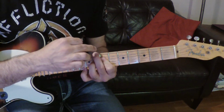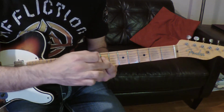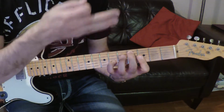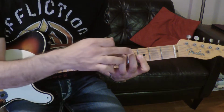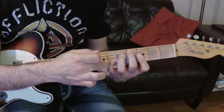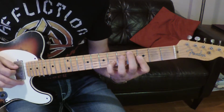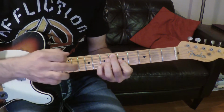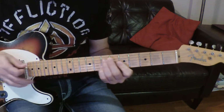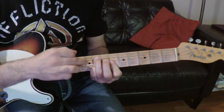Another diminished. 8th, 7th, 8th, 7th. Now we'll change strings with the 3rd in the bass, and now we're on the 5th string, skip the 4th string, 3rd, 2nd, 1st. So now we're on 4th fret, 3rd fret, 6th fret, 3rd fret. Now we're on diminished, 6th fret, 5th fret, 7th fret, 5th fret, minor 6 with the 5th in the bass,